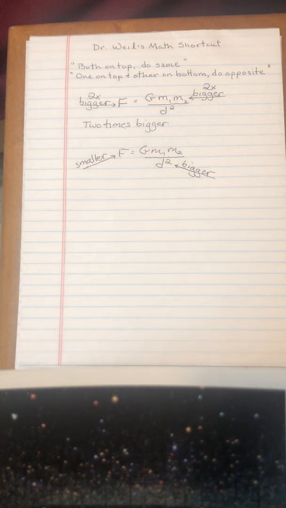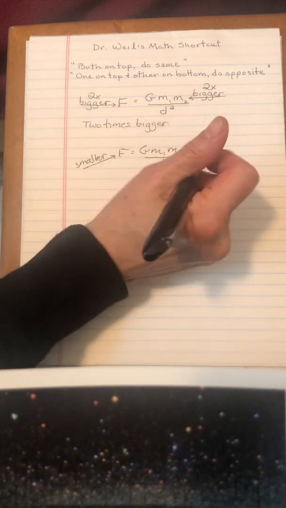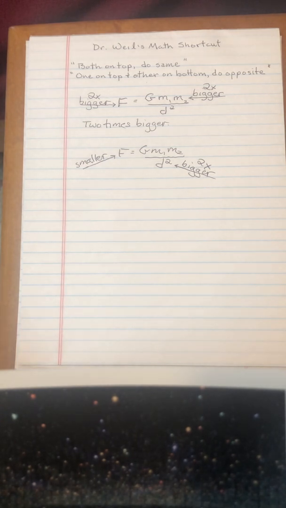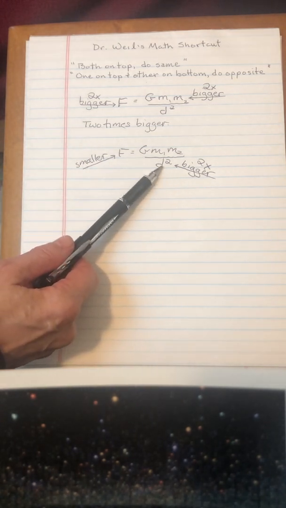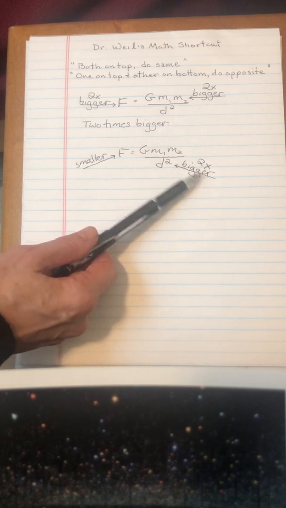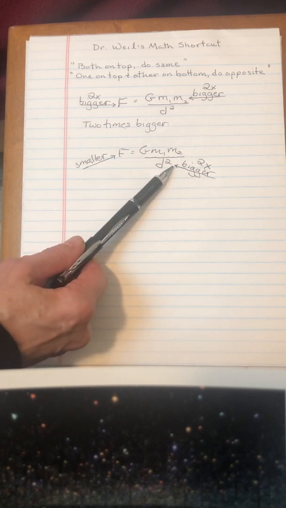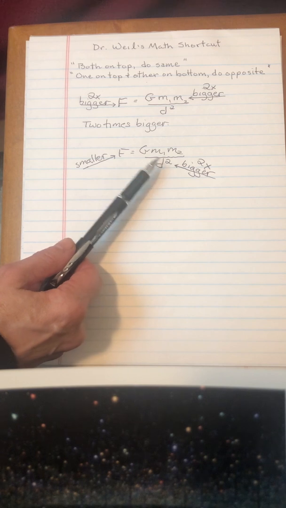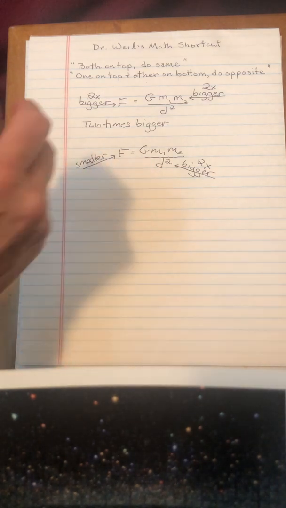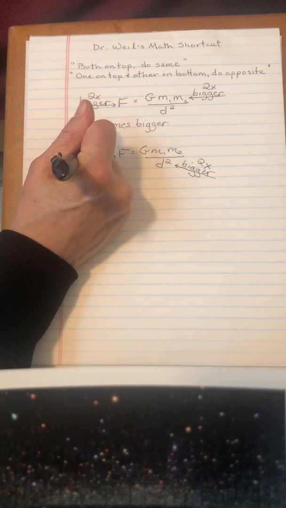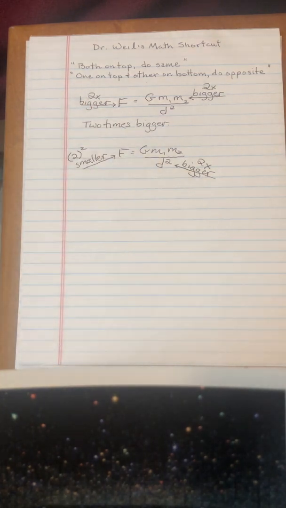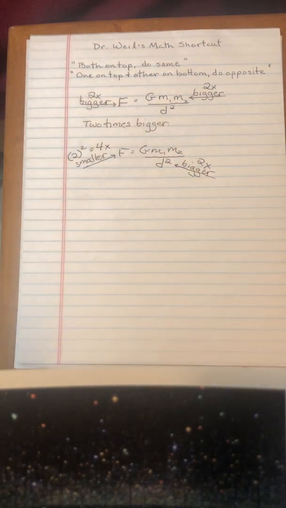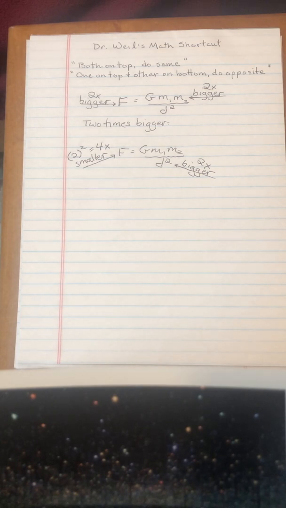Well, let's put some numbers in here too. Let's just suppose I said some distance gets 2 times bigger. Well, this one's just a tiny bit more complicated because the distance itself gets 2 times bigger, but the force is affected by the distance squared. So when I want to figure out the number for the force, I have to put the 2 here and then square it. And 2 times 2 is 4, and so the force will be 4 times smaller.